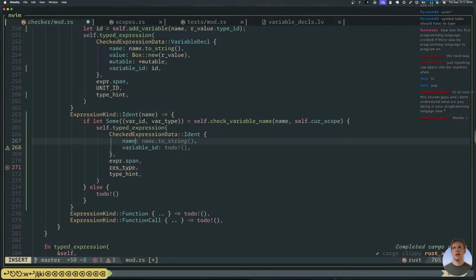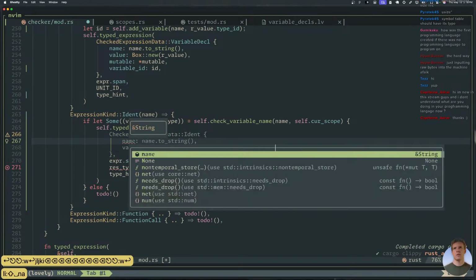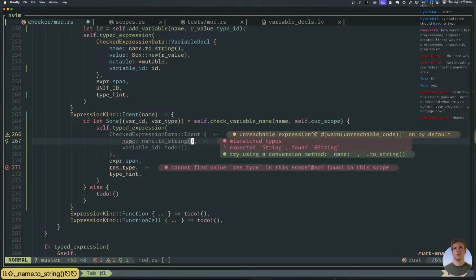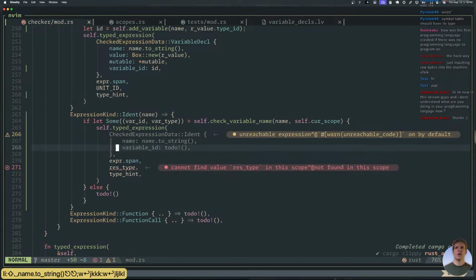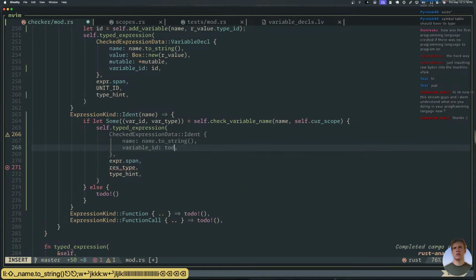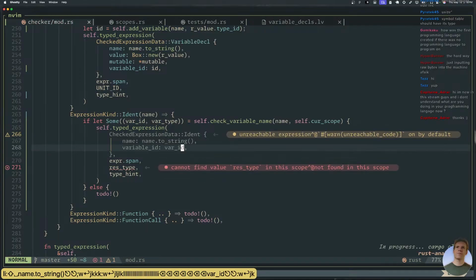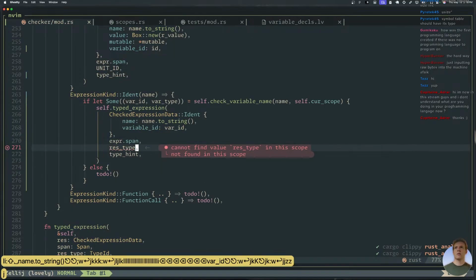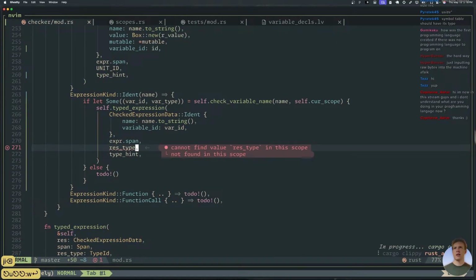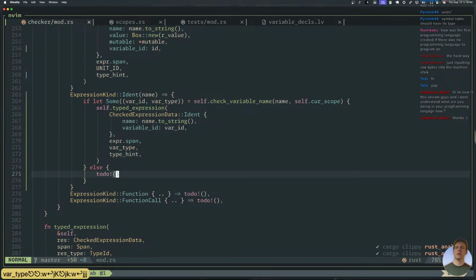Name is just name, and the variable ID becomes the var ID. Then we got the res type. What is the res type? The result type should be the var type, and then we check it against the type int. Perfect. Otherwise, we're gonna get an error, which is like a variable undefined error, right?